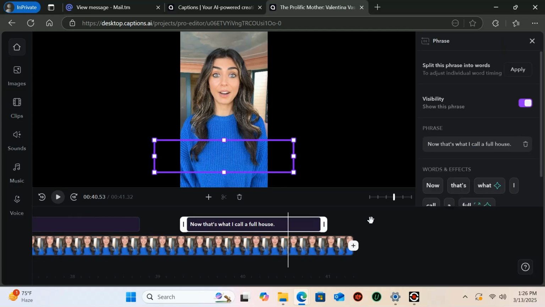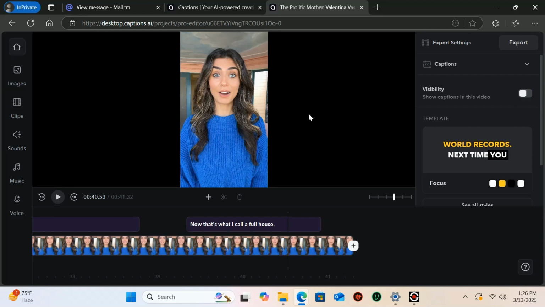If your captions are not showing correctly on the screen, you can click on it to customize and make it smaller. You can enlarge it. It will fit on the screen as well. But I would suggest you first turn off visibility and then export it. You will be able to export in paid account only. You won't get the export in a free account.